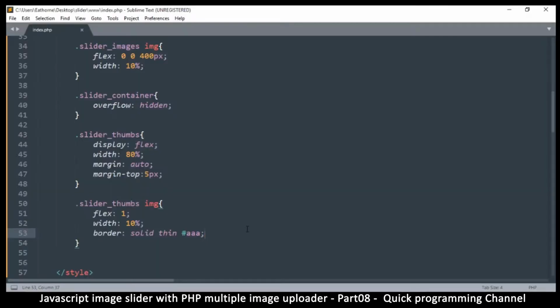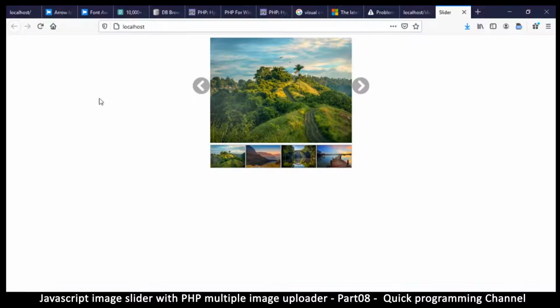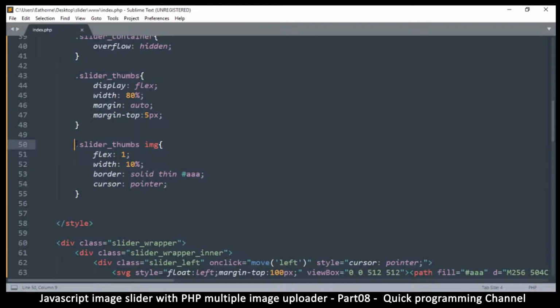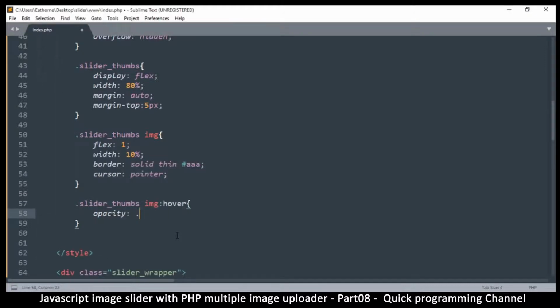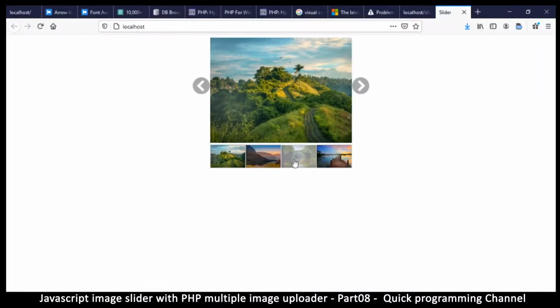And then I will also say the cursor should be a pointer, so the user can know that they can click on these things. And let's also add some effects here, like hover. And then here I wanted to just reduce the opacity just a touch, maybe 0.5, like that. Okay, so there we go. As you can see, once you hover on them, they reduce in